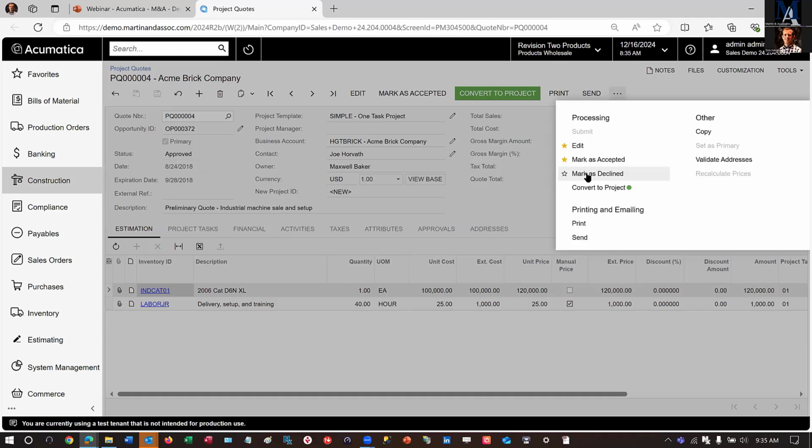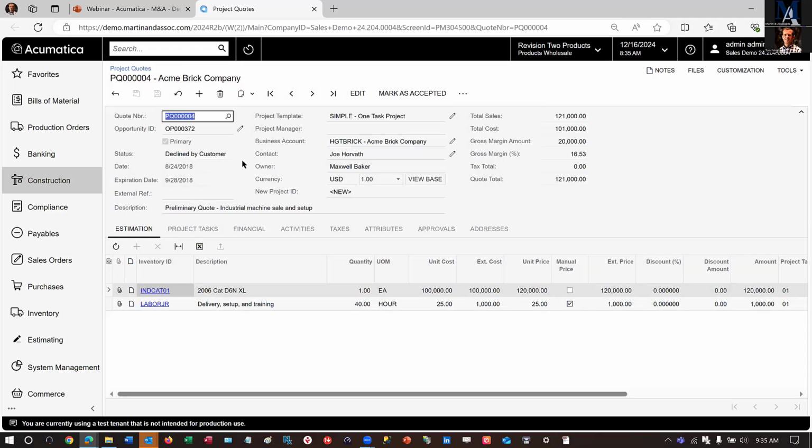So an example would be a salesperson in a high touch environment sends the project quote out to our customer or prospect, and they write back and say, nope, we need to make some changes. So we can actually mark that quote as declined by customer. That's a status value now. And we go back to the drawing board and perhaps edit it, and then resubmit it,